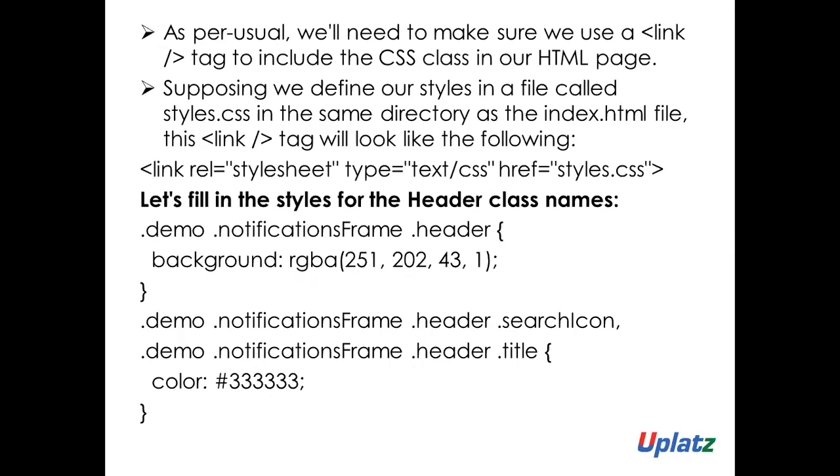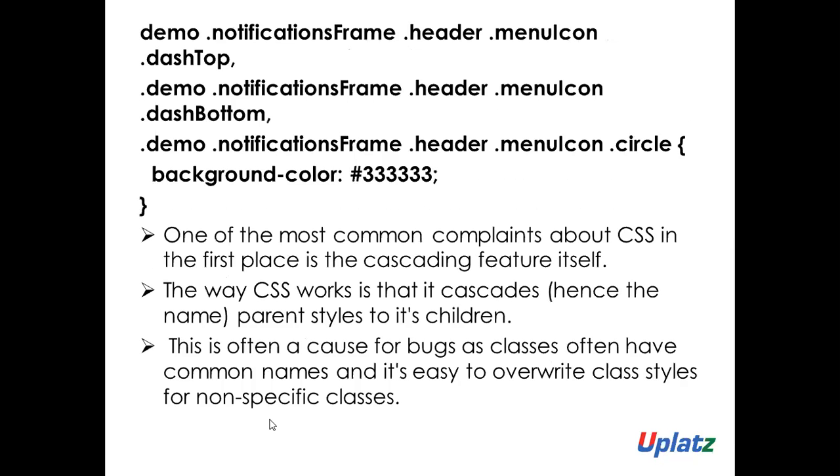So if you have a separate CSS file, then this should be the link you need to export in that particular CSS file, and then you can use it. So everything will get reflected on that particular file. So demo notification frame, header menu dash bottom dash top, header menu icon, circle, for everything this should be my